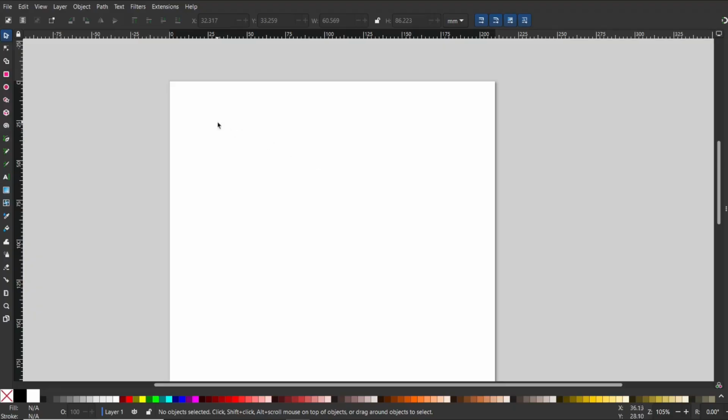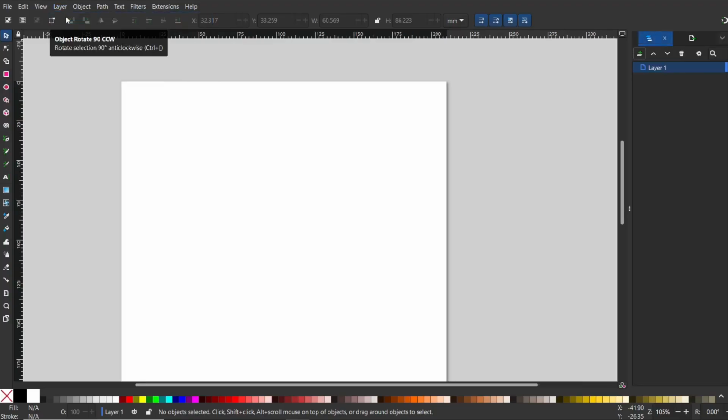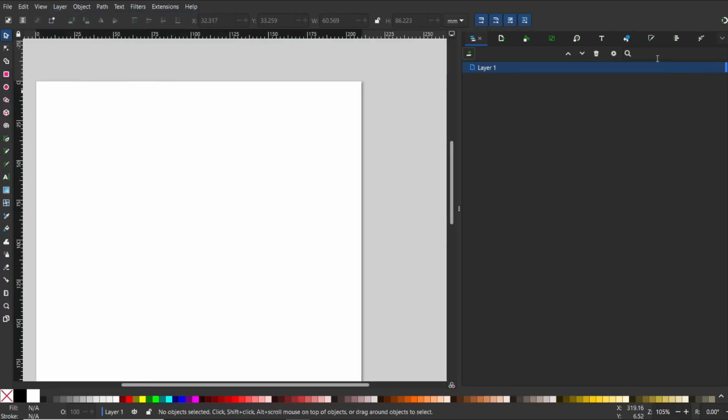So if you want to do it, we need to go to the left upper corner and click on Layer. Then we need to go to Layers and Objects, and now you will see here a list of all available layers. And now we need to add any text or object to this layer,